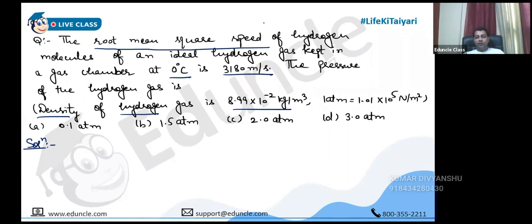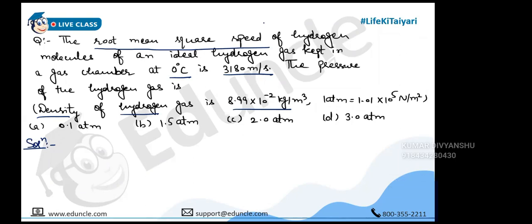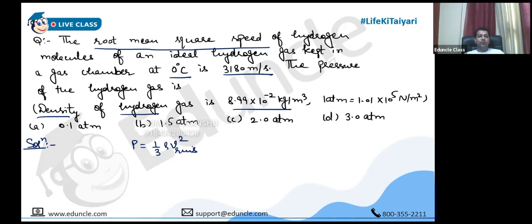So what was the formula for the pressure exerted by a gas in terms of these quantities? Recall that formula. 1/3 rho c square. Rho v square, not c. C is the velocity of light. It was 1/3 rho v RMS square. Not only v, it is RMS velocity. So straight away you have to substitute the values. Rho is the density, v RMS. So both are given. And it will come out to be Newton per meter square in SI unit. And in order to convert it into atmosphere, what we will do is